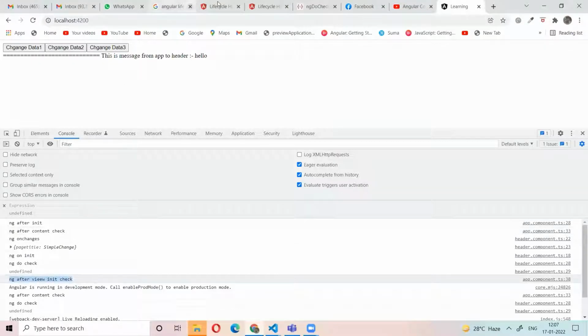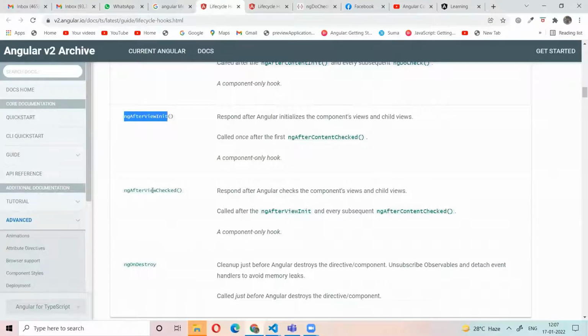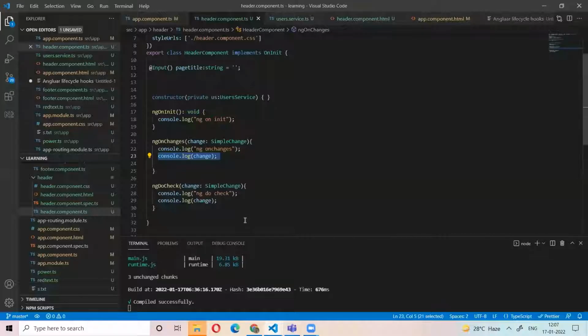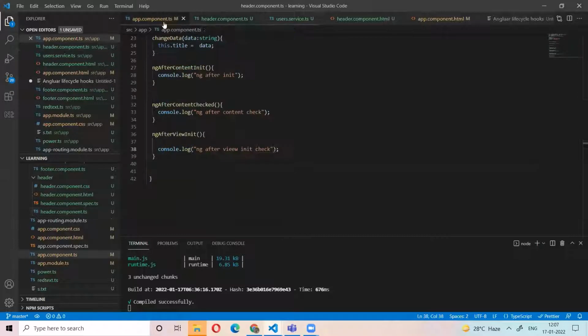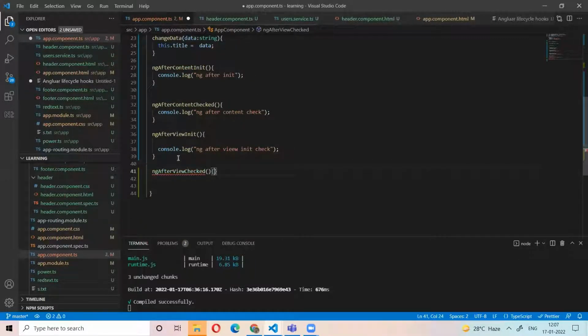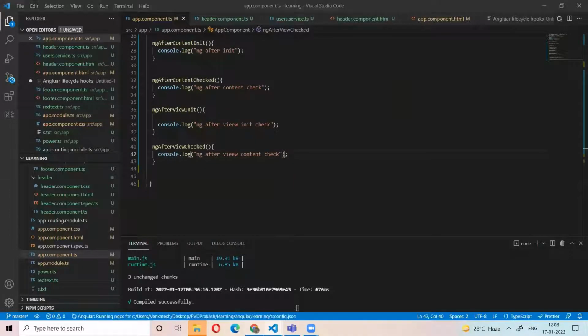Now another method is there: ngAfterViewChecked. Let's see. Okay, it will load after the child component's HTML is also loaded. Okay, so these are simple logics. I will explain clearly. So now see.